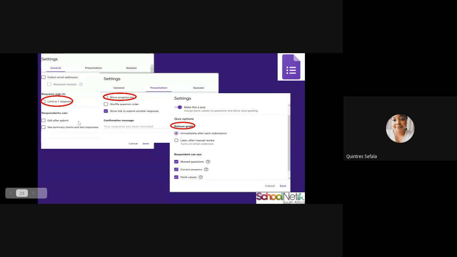So you're also able to let your students edit after submitting. You are able to give them that option where if they submit, they can log in again and edit what they have submitted. And then you can show a link to another response if you are giving them multiple attempts. And then on your quizzes, you would want to make sure that you release the grade immediately after each